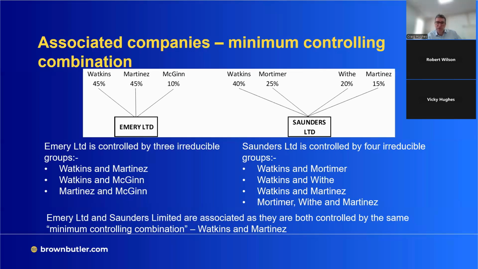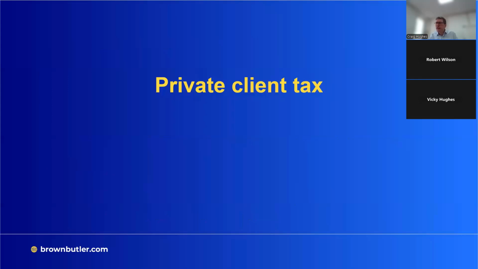Now, that's all I wanted to talk about as far as associated companies was concerned. Very much an update or a refresher, hopefully, of what we've spoken about previously. But like I said, it's something that's becoming more and more relevant now. It's been relevant since 2023 as far as the tax rate is concerned. But quarterly instalment payments is probably an area where the importance of establishing the number of associates can sometimes be overlooked. So now I'll pass you over to Vicky, who will talk about